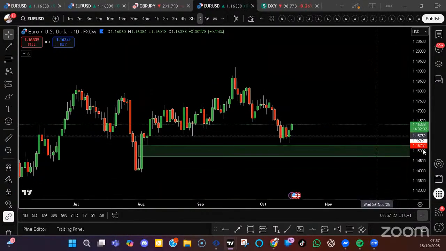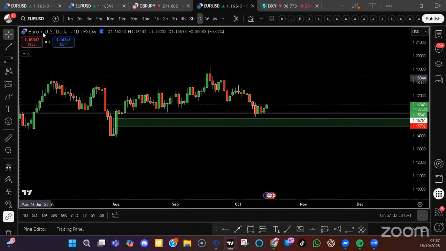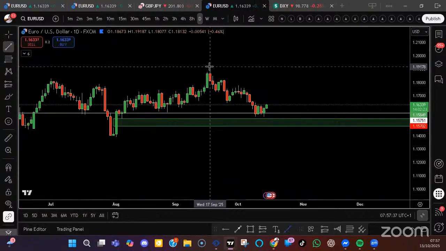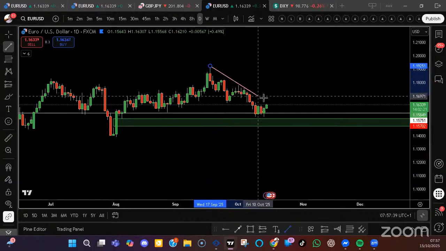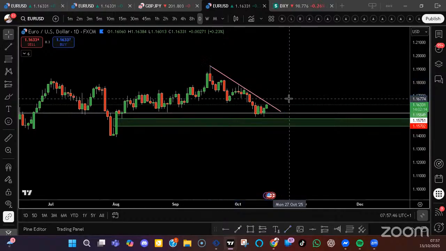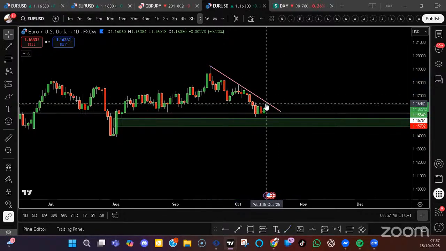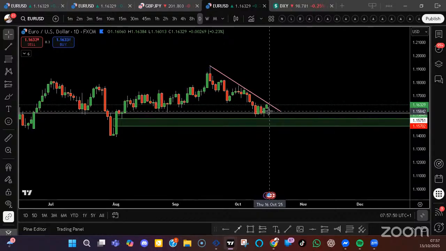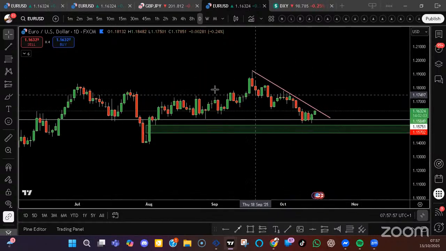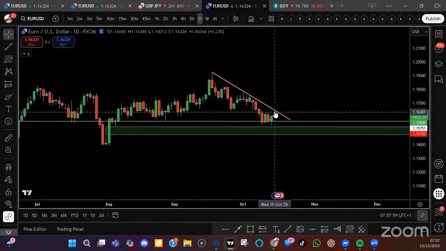And I can see a sort of trend line going from higher highs, going down that sort of thing, maybe bouncing off that trend line and coming back down again to go along this line here. Just a thought. That could be something that we could see. If it breaks there, we could say